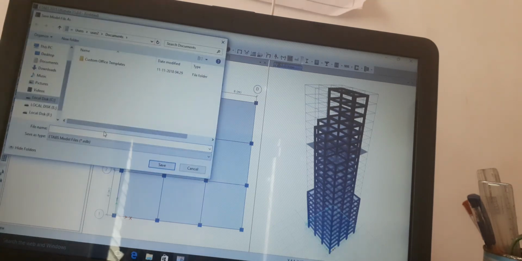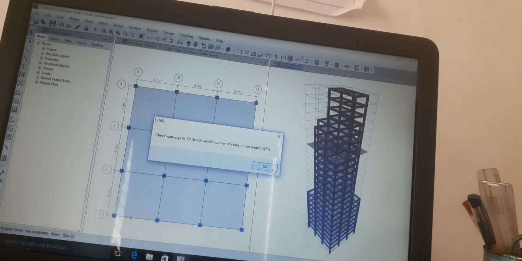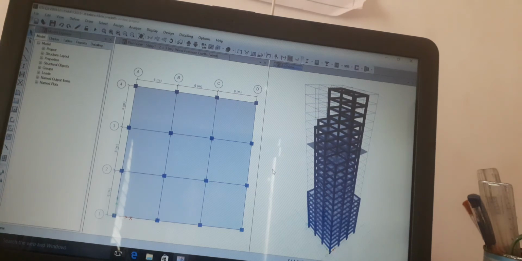Save the file. We have to save this and wait for a few seconds. Click on OK. We have to check start and animation.